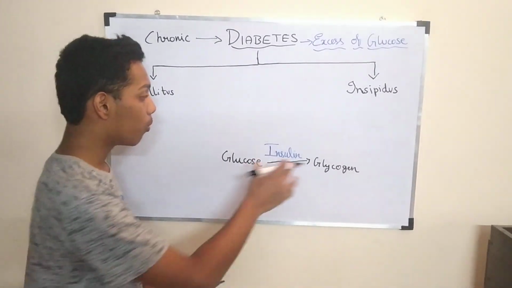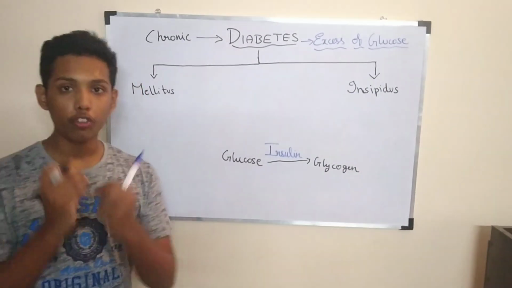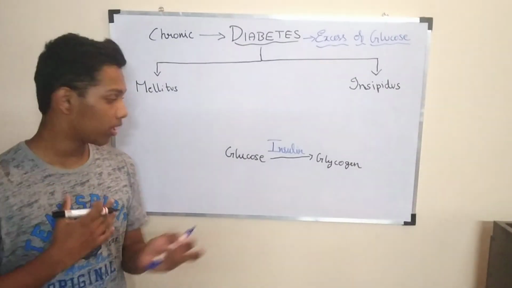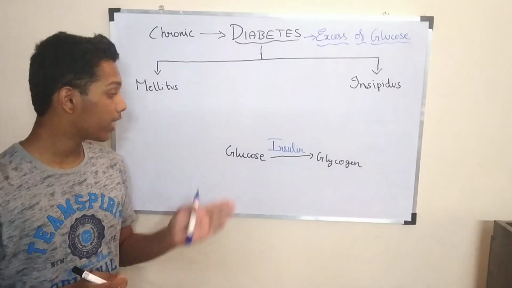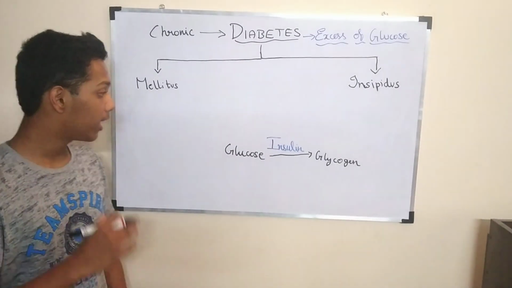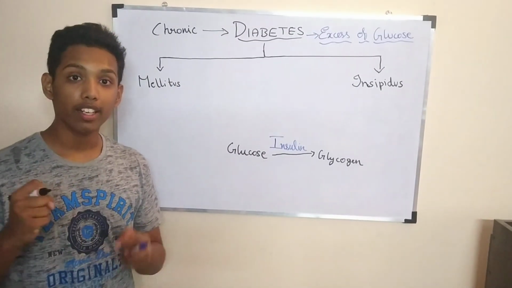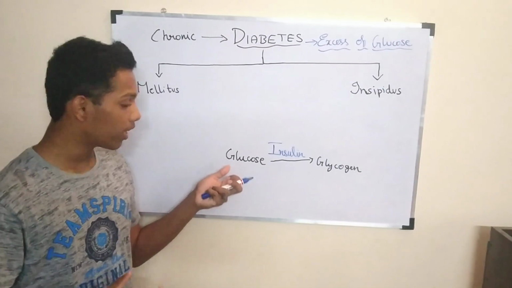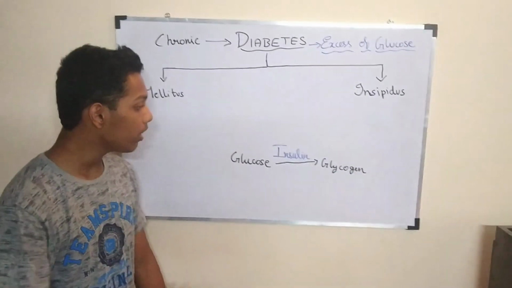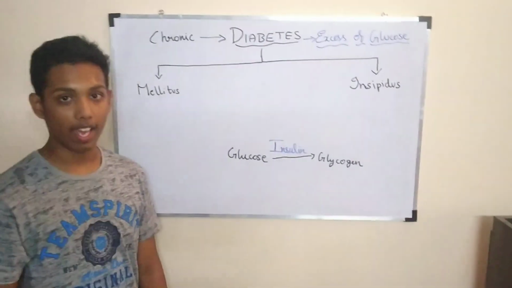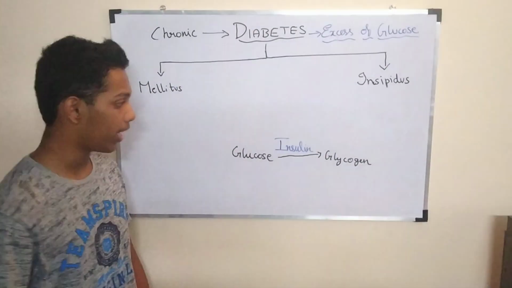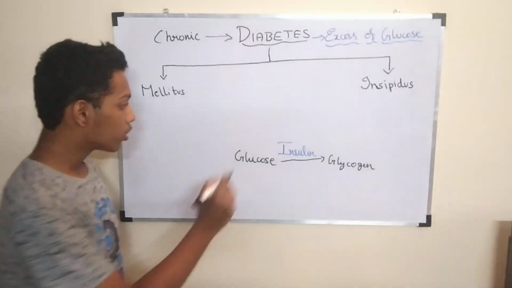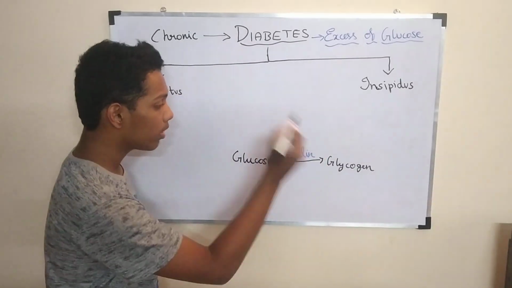Now let me explain what exactly is glycogen. When we take in food which is rich in glucose, we take in glucose, but our body cannot store glucose in that exact form. It will store glucose in another form in which it is easy to store, and that form is known as glycogen, right? So our liver does not store the same glucose which we take in. Instead, it converts that glucose into glycogen with the help of insulin, a hormone, and then it stores it. Remember, insulin helps to convert glucose to glycogen.